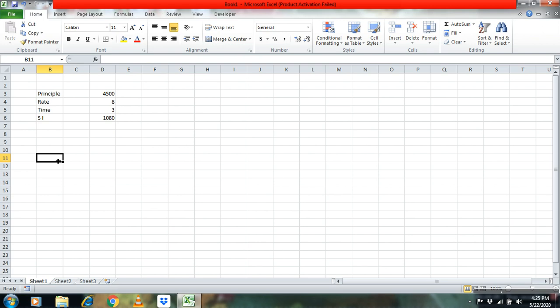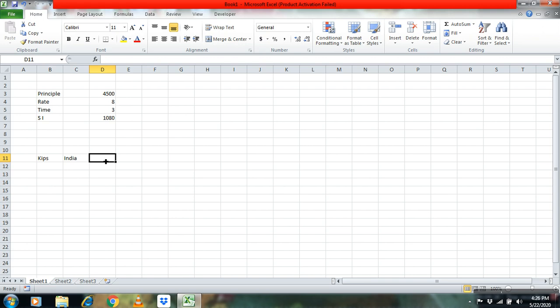Let's say I write a name. Let's say I write KIPS. In the next cell I write India. Now in this cell, if we want to merge both these cells, like if we want to write KIPS India, we can apply a formula for that also. We just need to do what?